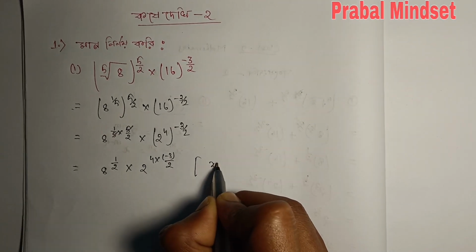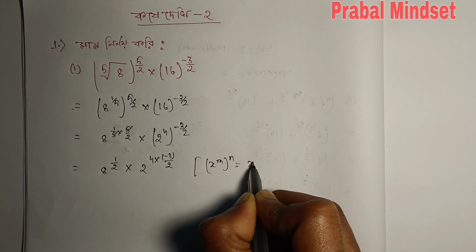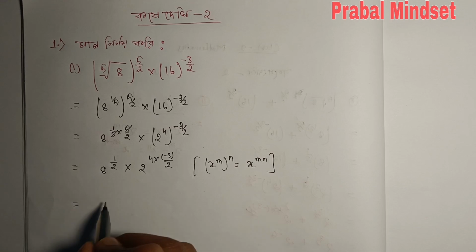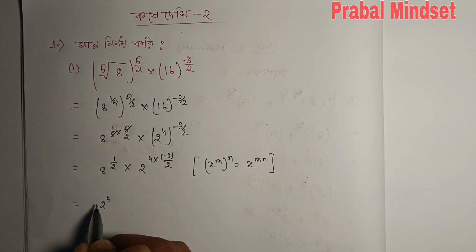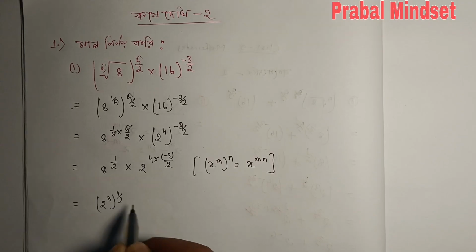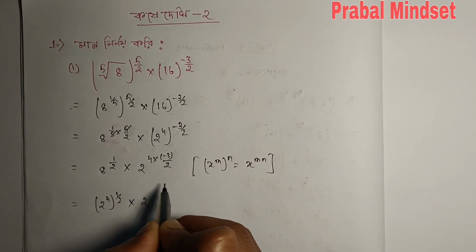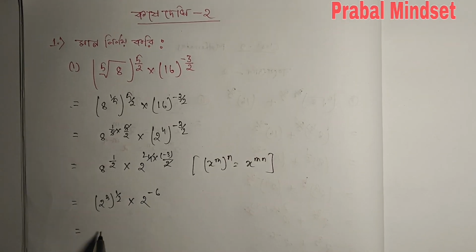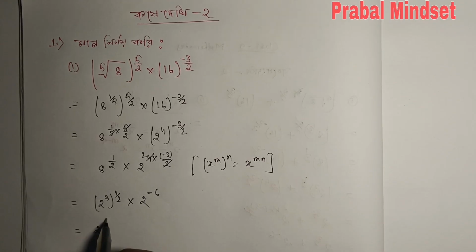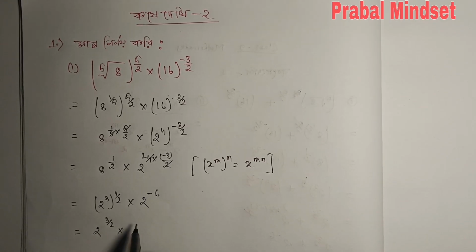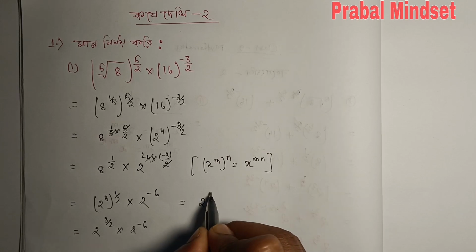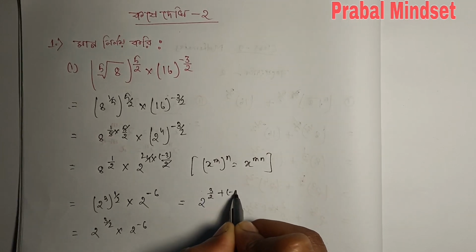যেহেতু x to the power n into n by x to the power n। তারপর হচ্ছে 8 টাকে লেখা যায় 2 to the power 3, to the power half, into 2 কাটবে to the power minus 6, to the power 3/2 into 2 to the power minus 6। এটাকে লেখা যাচ্ছে 2 to the power 3/2 plus minus 6।